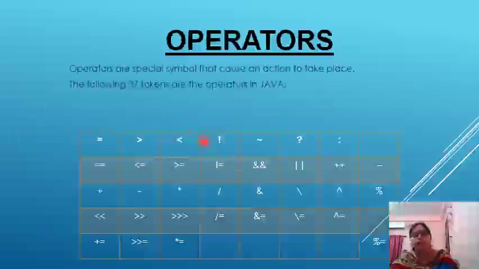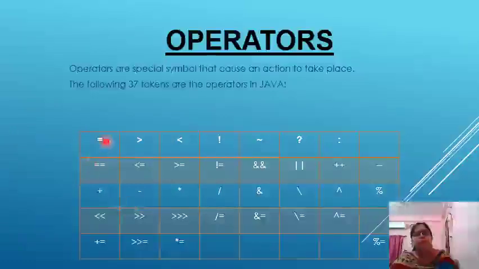These are certain operators we use in our program. This is your assignment operator and this is your equal to operator. The two have a difference. Always the question comes: what is the difference between this operator and this one? It's a single equal to sign. This means this is an assignment operator and this is your equal to operator. This is your AND operator. This is your not equal to operator.